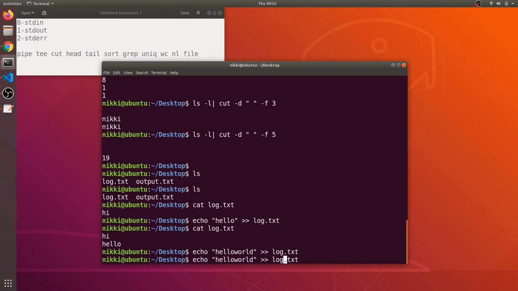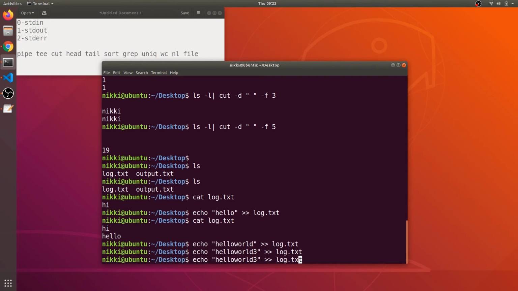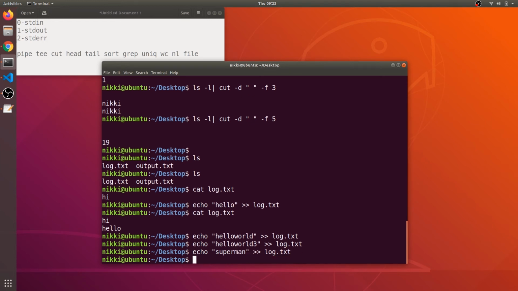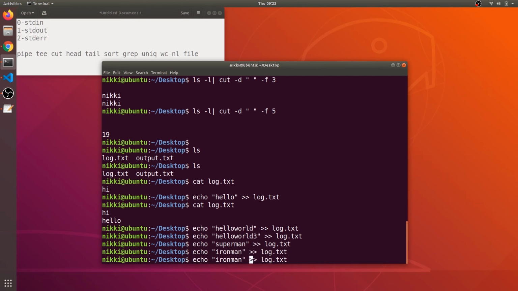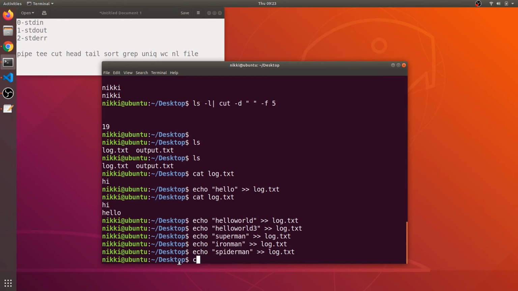Let me write some more lines: Hello world 3, and Superman, and I'm just appending all these contents into the log text file. Iron Man, and let's say Spider-Man. Okay, these lines are enough.